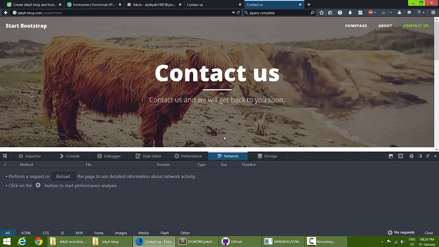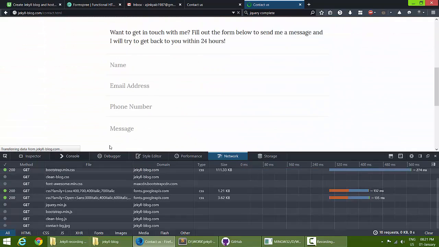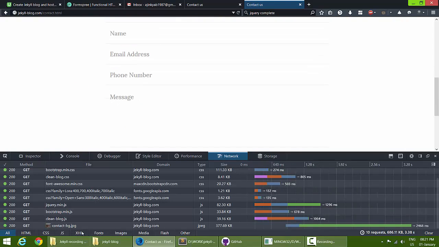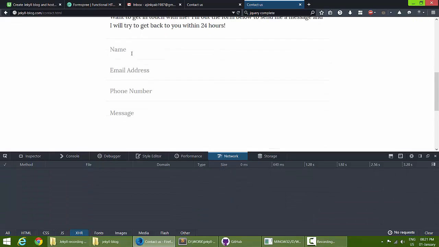I'm going to open my network panel over here by pressing F12 because I want to show what Ajax request goes when you submit the form. I'll go to XHR, which stands for Ajax request. And yeah, let's submit the form.